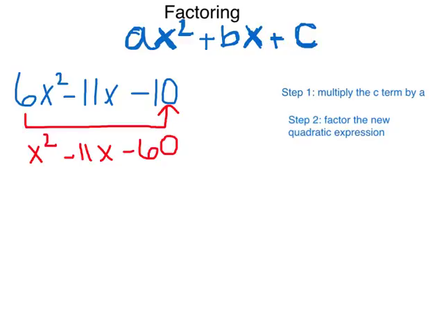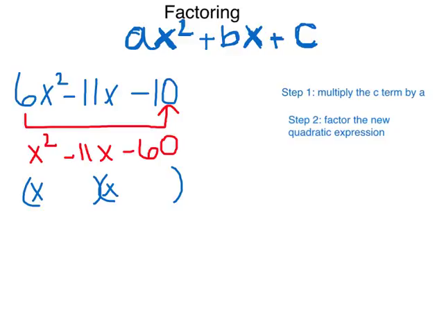So then the second step would be to take our new equation and factor it. It's a lot easier to factor when you don't have a number in front of the x squared. So let's think of the factors of 60 that add or subtract to 11. It is subtraction because we have a minus 60, so they are opposite signs. So we would have x here, and 60 would be